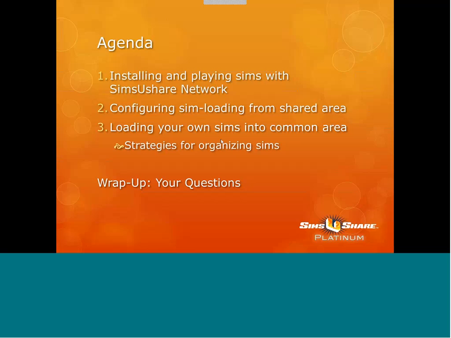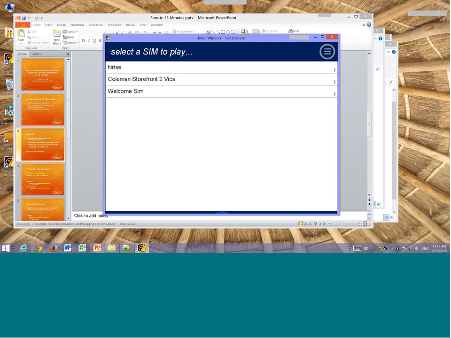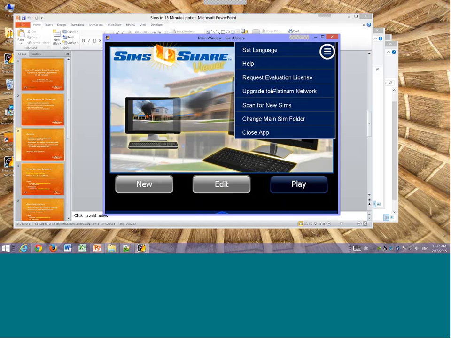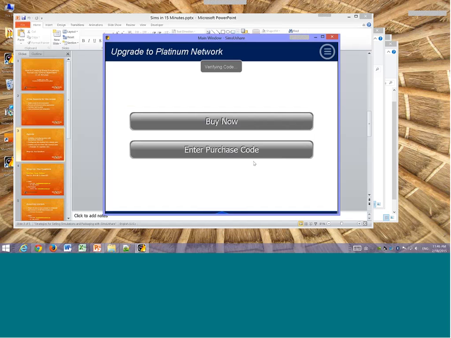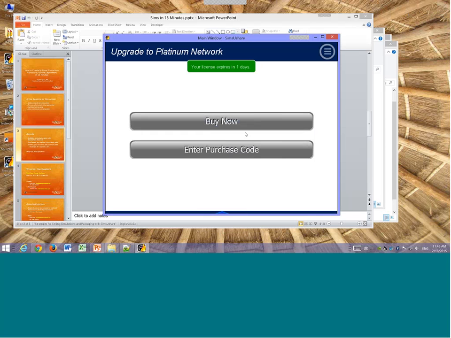What I'm going to show you, when you have the network version, is I'm going to open up SimsUshare right now and show you when you have the actual licensed version. Let me go back here, and I'm going to now upgrade to the Platinum Network. I'm going to enter in my one-time code here. So now when you actually have the network version license,